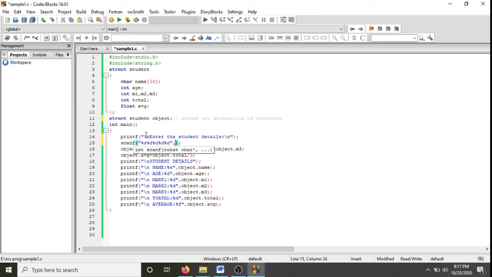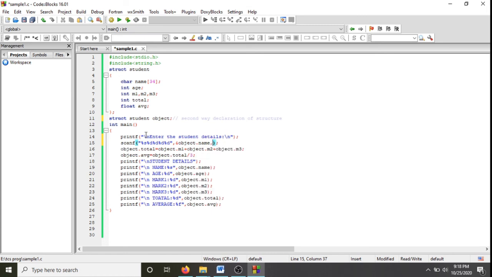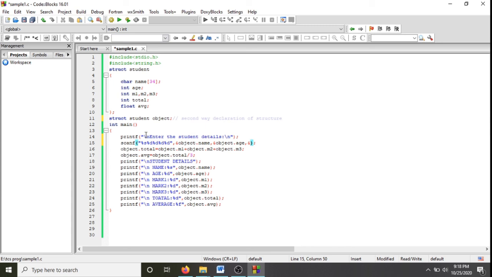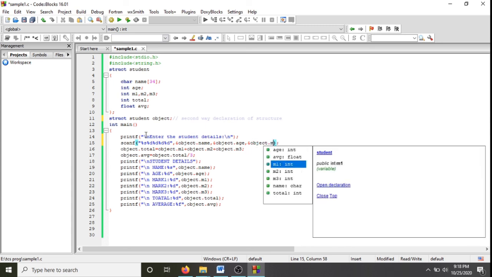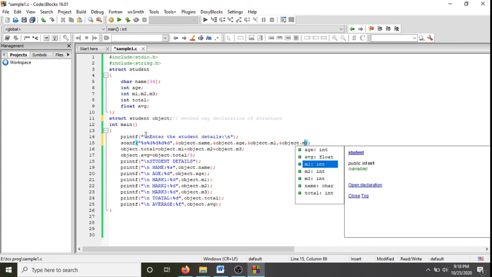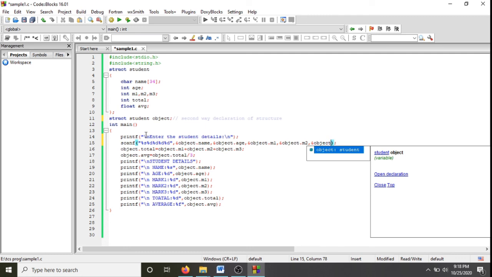After doing this, you need to access. So how to get the user input for a structure at the runtime is: the object which you have created, object dot, specify the variable name, comma, the next is the age you need to access, again ampersand of object dot age, comma, ampersand of object dot m1, comma, ampersand of object dot m2, comma, ampersand of object dot m3.